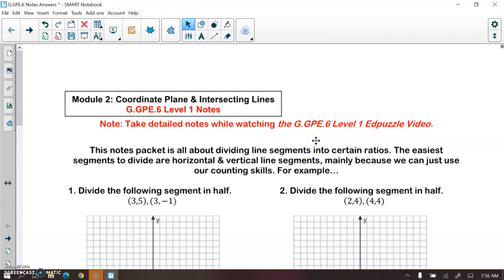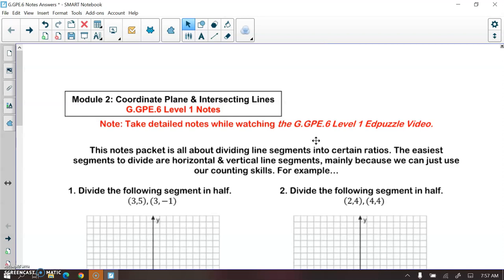All right, so welcome to the standard G.GPE.6. In this notes packet, we are going to be dividing segments into a specific ratio. The easiest segments to divide in specific ratios are horizontal and vertical line segments, mainly because we can just